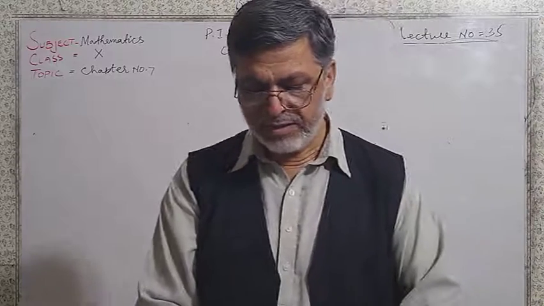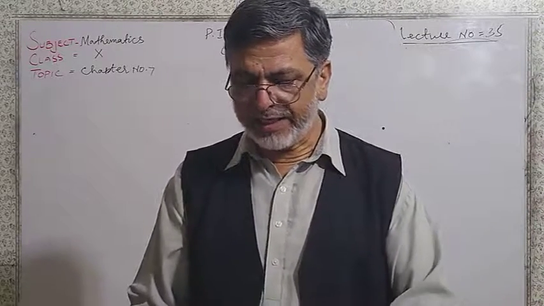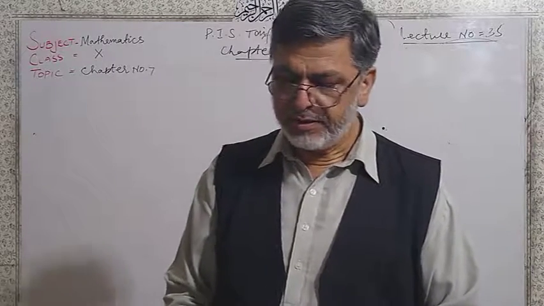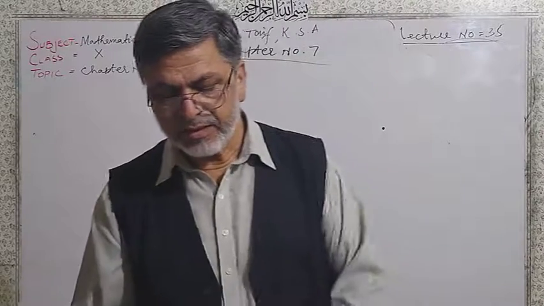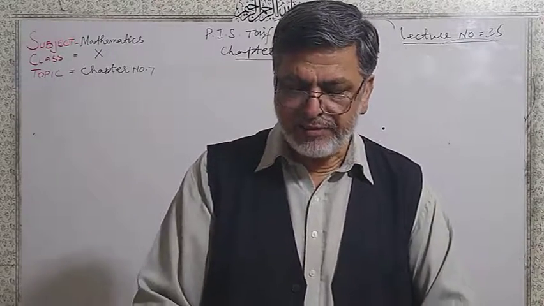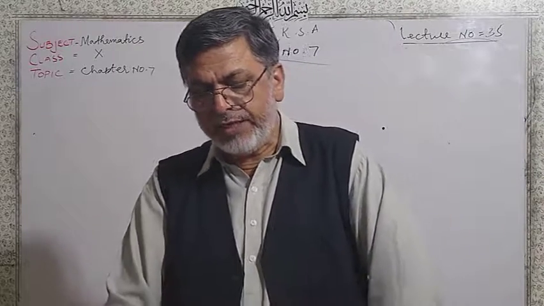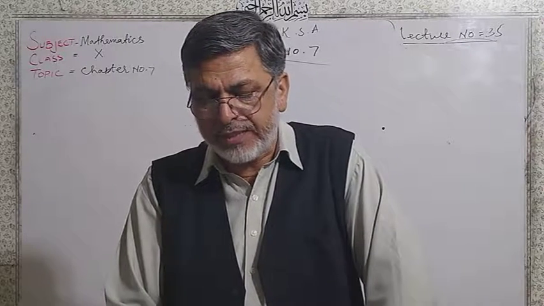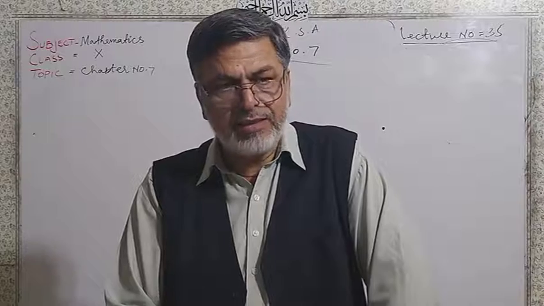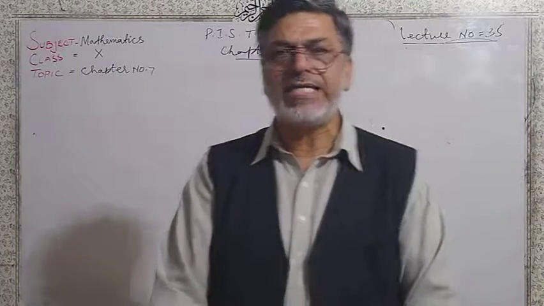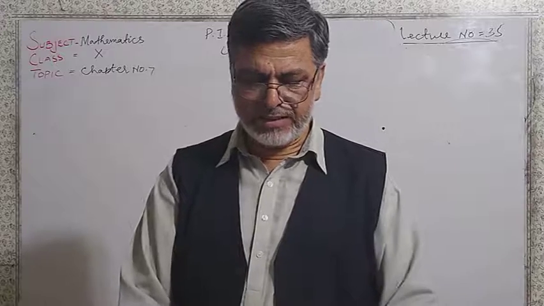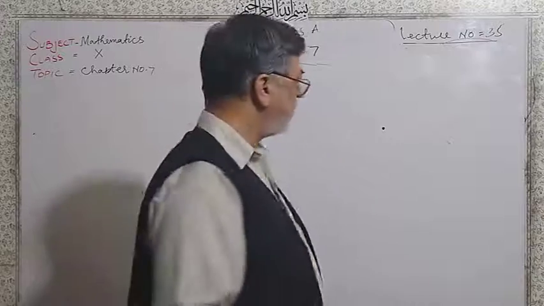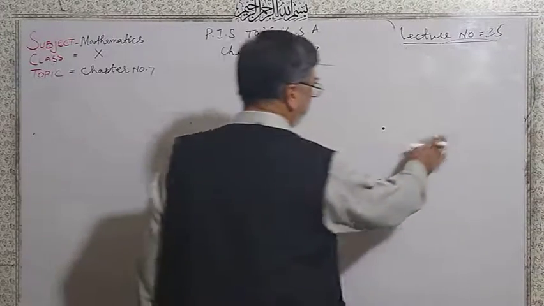First of all, before we start our exercise, I want to give you the idea about the angle. Basically, an angle is defined as the union of two non-collinear rays with a common endpoint. That common endpoint is the vertex, and the two non-collinear rays are known as arms of the angle. After that, the angle can be drawn clockwise and anti-clockwise.